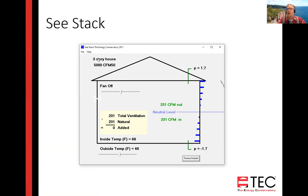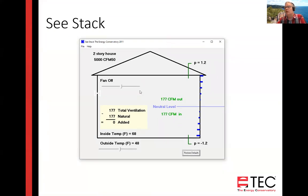And I'm going to make it a 2-story house. And you can see that under these outdoor conditions, we have 177 CFM leaking in and 177 leaking out. But in this case, the question is, where's the air coming in and how much heating and cooling load is that causing for us? So those of you that are in the HVAC industry know that when you size the heating and cooling equipment for a house,